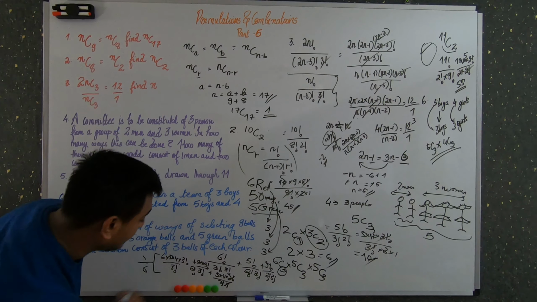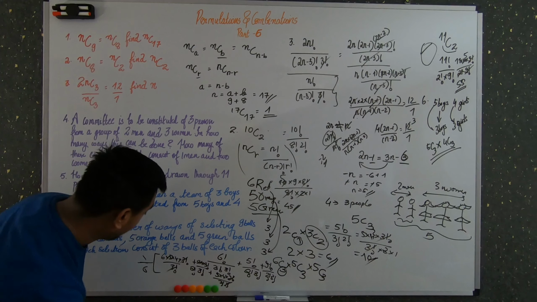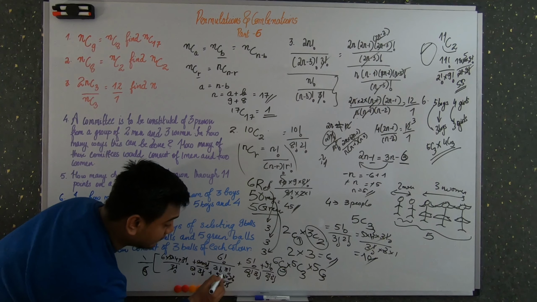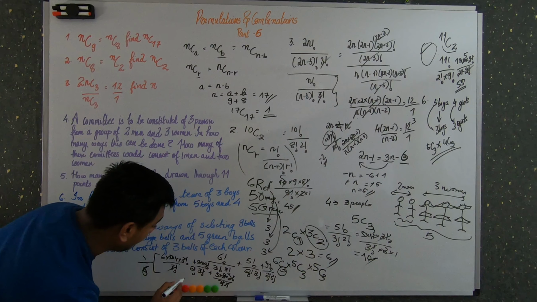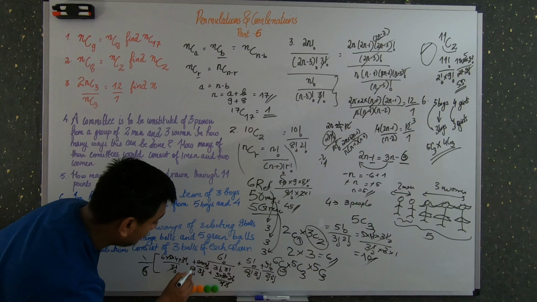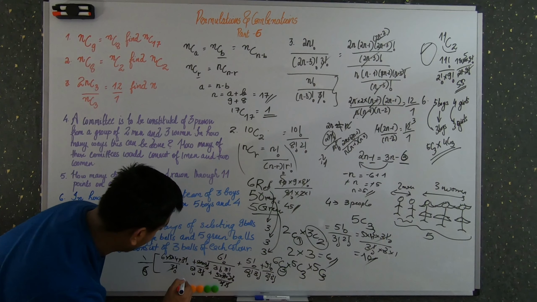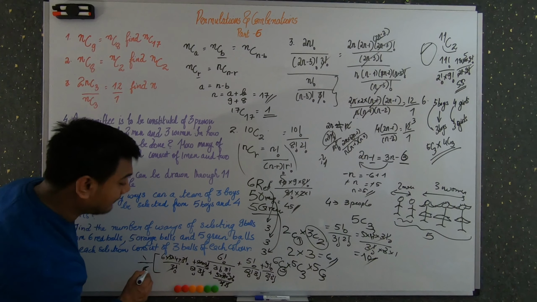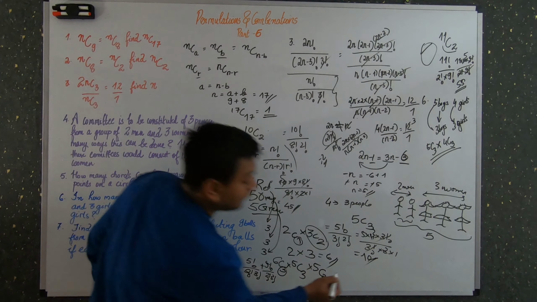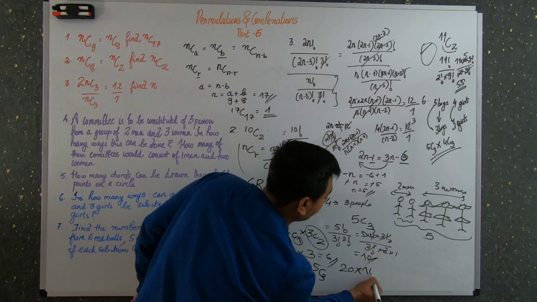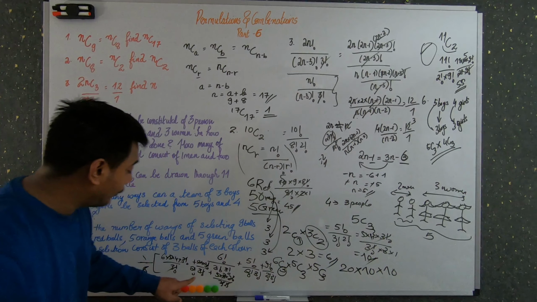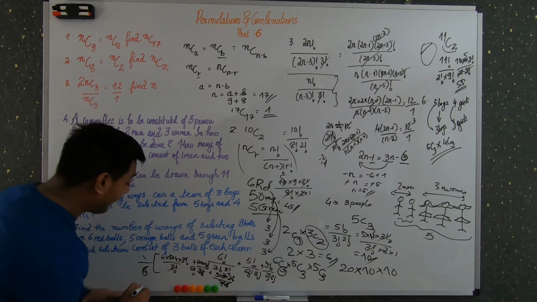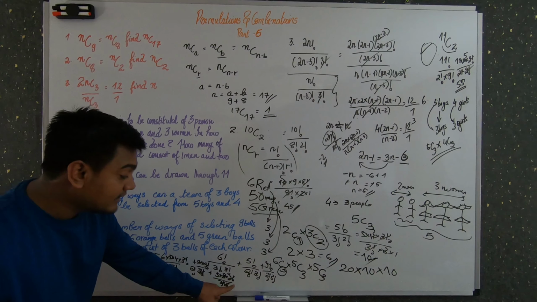So 3 factorial gets cancelled. Here also it gets cancelled. And what is left here? 3 factorial from here also cancels. 2 and this will get cancelled. 2, 10. Okay, I didn't take the 3 factorial here, I made a mistake. So actually it is like 20 into 10 into 10. I can't write it again because I have already taken 3 factorial outside of it, and 3 factorial is 6, so I can just cancel it down.